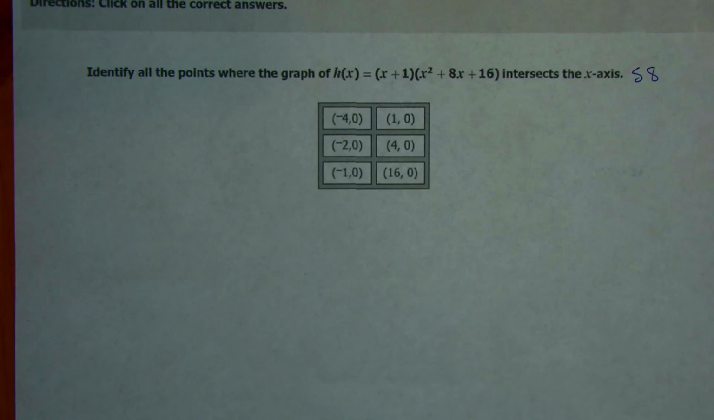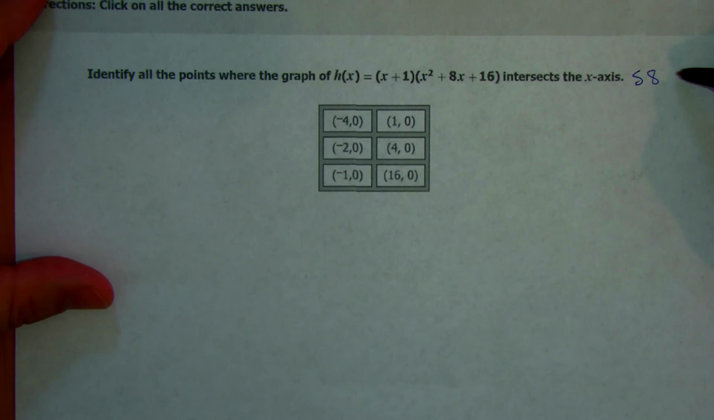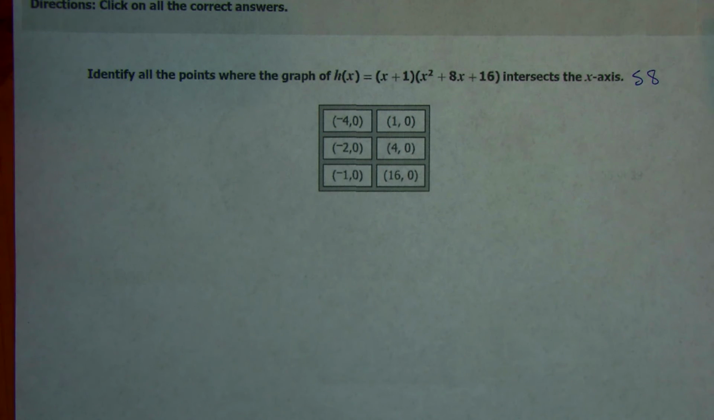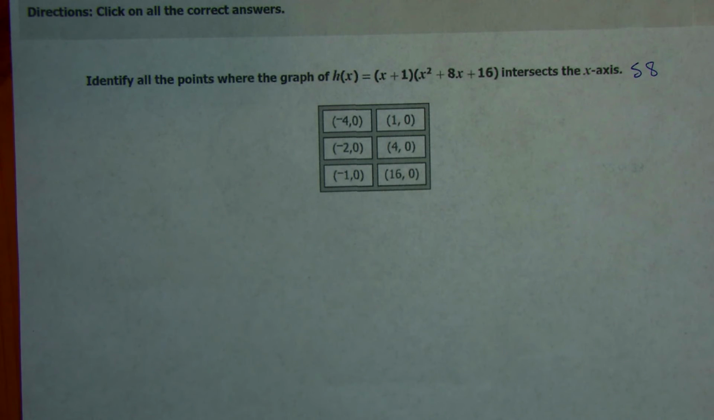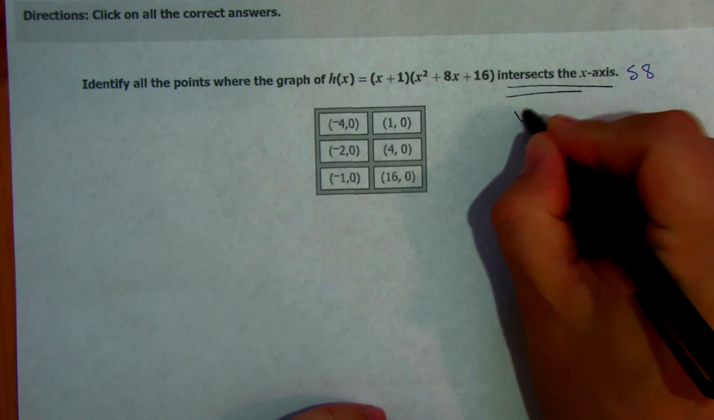All right, this is problem 21. This one is going to go back to S8, graphing quadratic equations, or graphing polynomial equations. It says identify all points where the graph of h of x equals blah, blah, blah, intersects the x-axis. So, intersects the x-axis, that means we're looking for